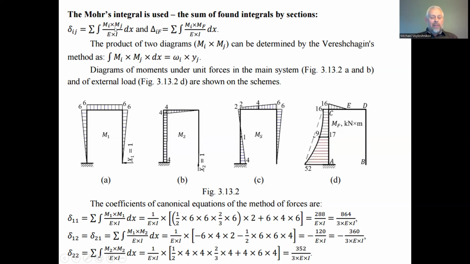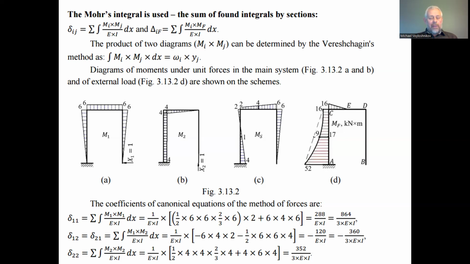Take, for example, the area of the diagram using the Vereshchagin rule. If one of the diagrams is of linear shape, we can use the Vereshchagin rule. This simplifies finding the displacement under the action of the forces. Anyway, to find the displacements, first of all, we have to have the diagrams of the bending moment of the efforts